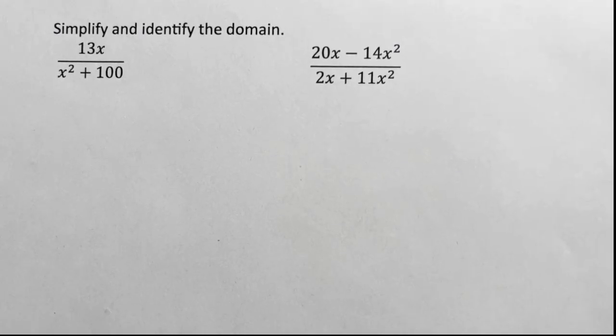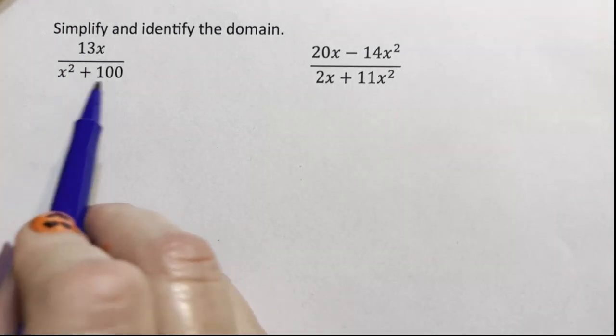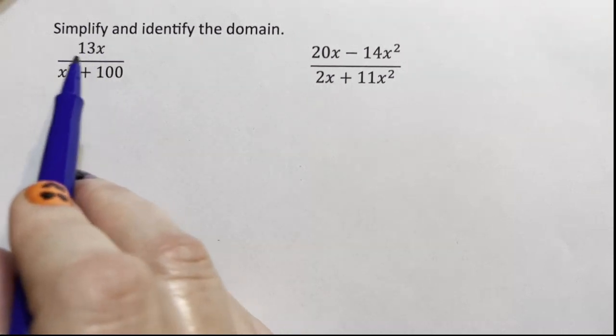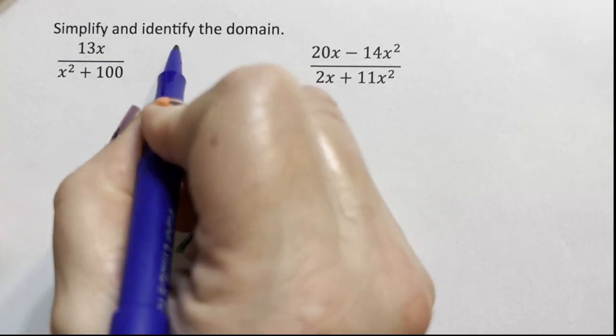Today I'm doing a series of videos on rationals, specifically simplifying and finding domains. All right, on this first one, x squared plus 100 cannot factor. And that's what simplifying means, factoring. When we factor a